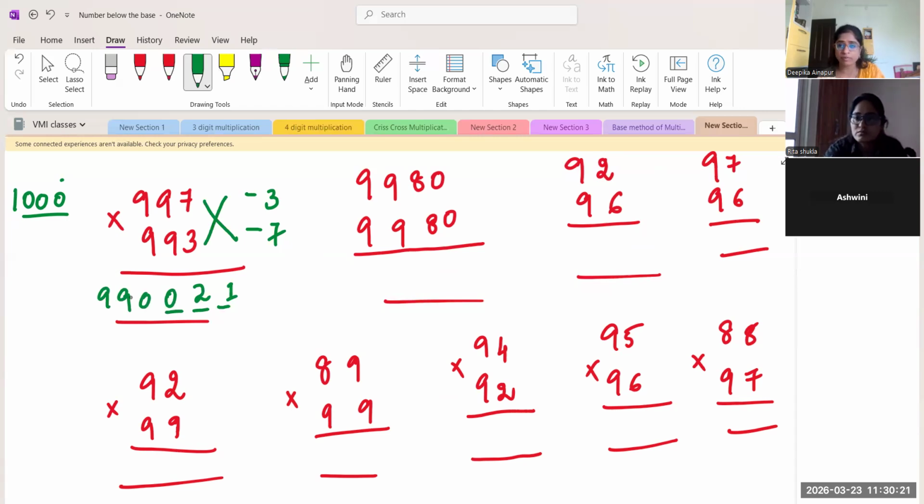And one more important point here is that the cross addition or cross difference will always give the same answer. If it is not giving the same answer, we have made some mistake. We can understand that. Okay. Right. So next one is